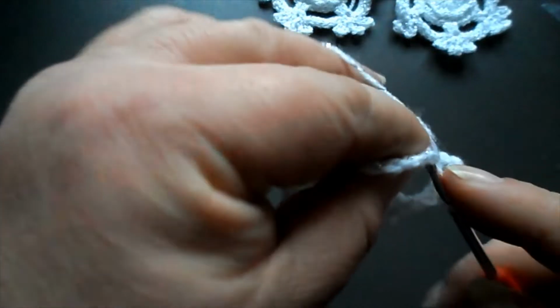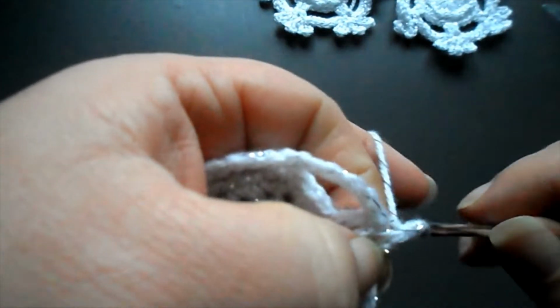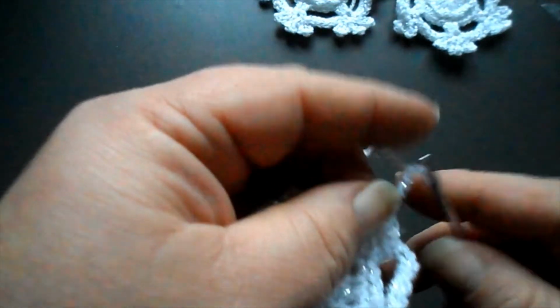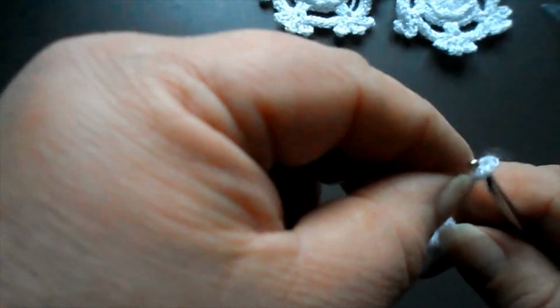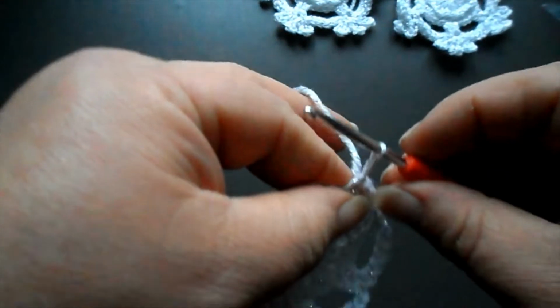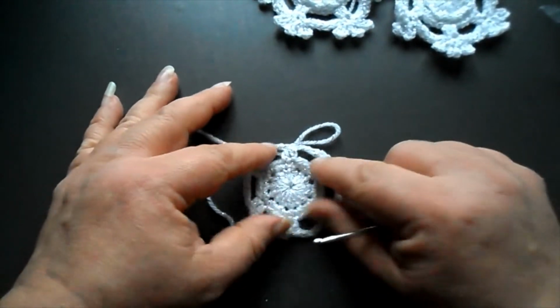Try and get 2 strands if you can. Can't see what I'm quite doing there properly. And slip stitch. Oh, it got away from me. Try it again. If we don't get it the first time, have another go. There, look, see, got ya. And there we are. So we should have something that looks like that by now,